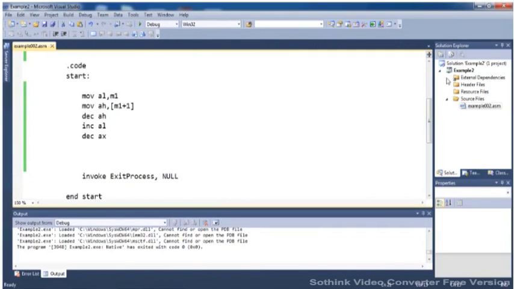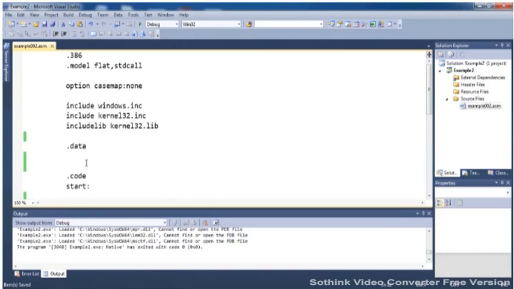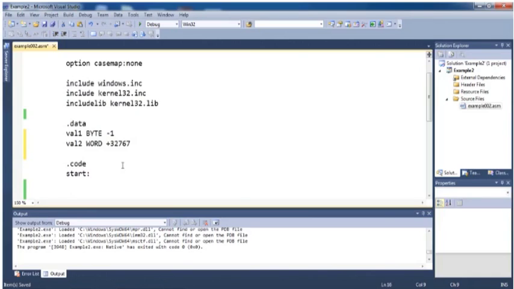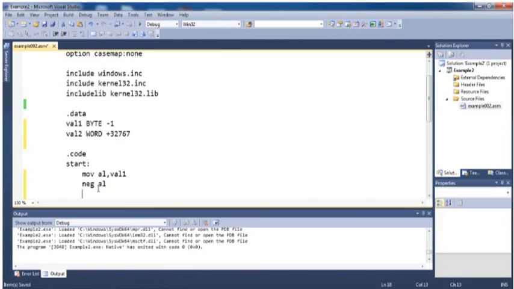Now what we will do, we will move towards the negate statement or negate instruction. So for example, if I write val1 is byte and its value is -1, val2 is of type word, and plus 32767. This is the value. And if I negate, if I say move al comma val1, and then if I say negate al, and if I say the